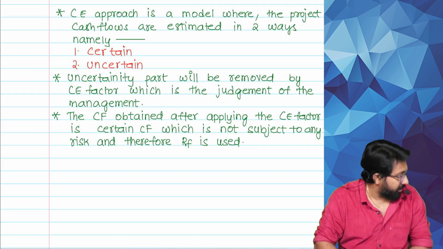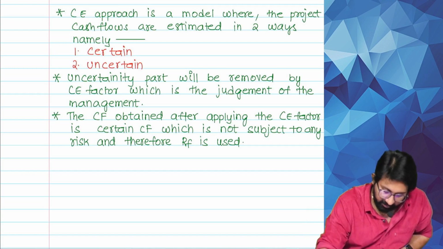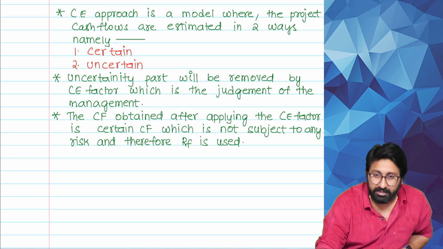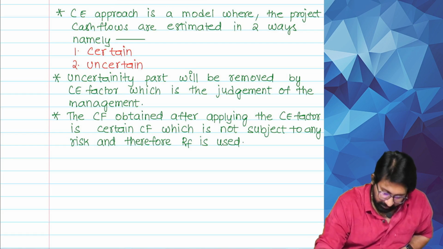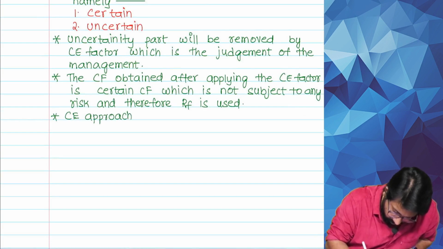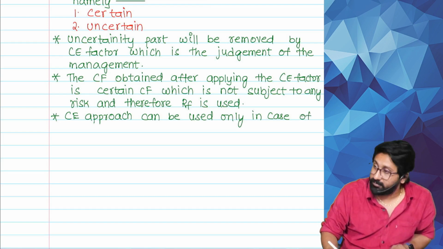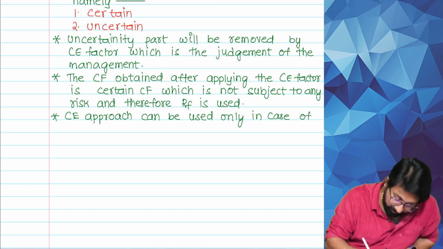So the cash flow obtained after applying the CE factor. What is CE factor? Certainty equivalent factor is a certain cash flow which is not subjected to any risk, and therefore RF is used. Certainty equivalent approach can be used only in case of